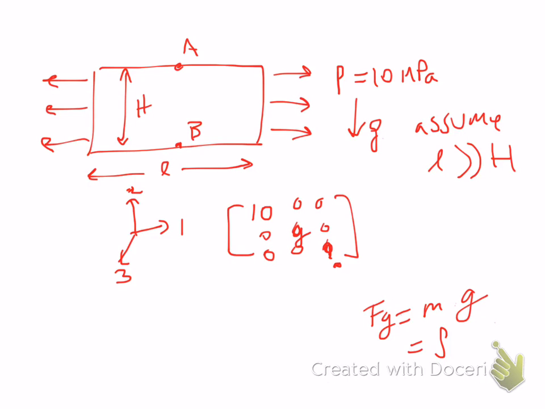What's the pressure at depth in a swimming pool? Rho times gravity times height. Right, density. So that's a pressure. And how does a pressure look in terms of a stress tensor? So you have this nice one that assumes no gravity. Why don't we just write a new one that's ignoring the 10 but assuming there's gravity in there, and we want to do this for point A and for point B.